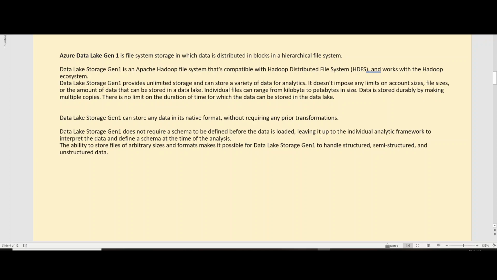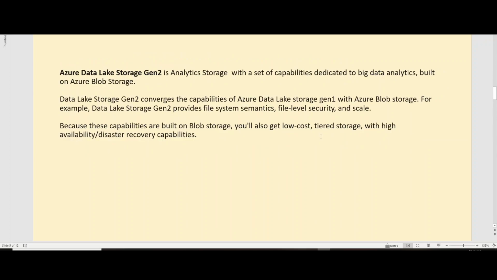Now let's go ahead and I'll briefly talk about Azure Data Lake Gen 1, Gen 2. At that time there will be a few properties regarding Data Lake Gen 1 that we will come back to. So guys, here is your Azure Data Lake Gen 2, the most used one these days apart from blob storage. So this is also an analytical storage. So what does this Gen 2 have? This Gen 2 has capabilities of both Gen 1 and the blob storage.